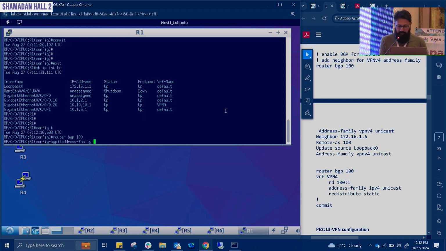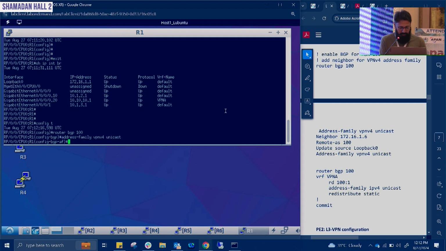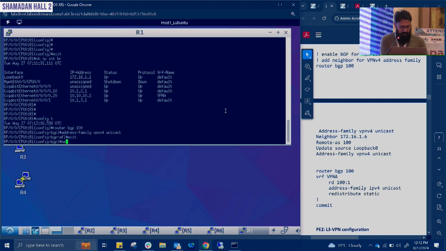Address family for this one would be VPNv4 because we are using the v4 IP address. The neighbor that we are going to create on this one is address family neighbor. The neighbor IP would be,